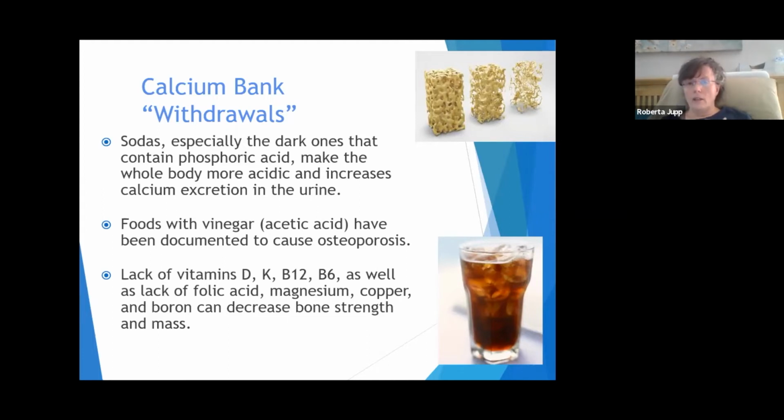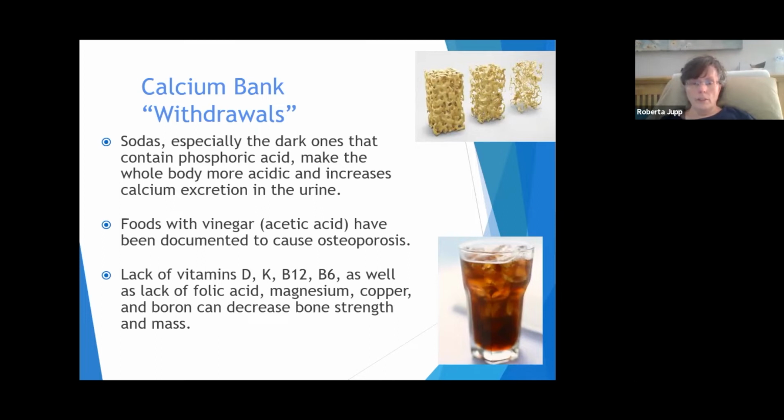Just like if we have heartburn and we take a Tums, the Tums is made out of calcium, and that calcium neutralizes the acid in our stomach, and that makes us feel better. It takes away that heartburn. Well, the same thing happens in the body. If we have something that's turning the blood more acidic, the body will pull calcium from the bones in order to neutralize that acid, and then either it will be excreted in the stool or in the urine, or it could cause some kidney stones.